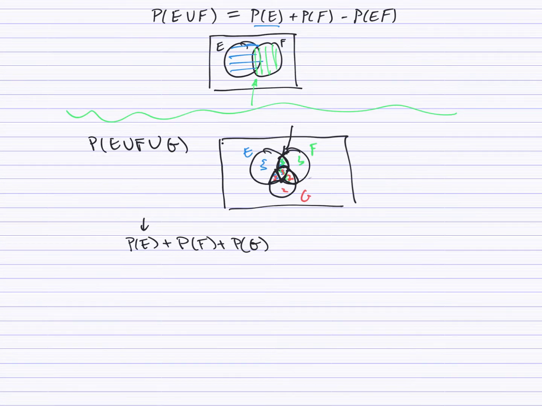Okay, so let's see what happens if we apply what we did above and we subtract off the intersection of E and F. So that means we get rid of one of the, so let's look at, maybe we get rid of the green and we're left with just the blue here, right? I don't think I can draw that without messing up the whole picture. It's too small for me to do it. Okay, that's fine. And then if we subtract off minus the probability of FG,